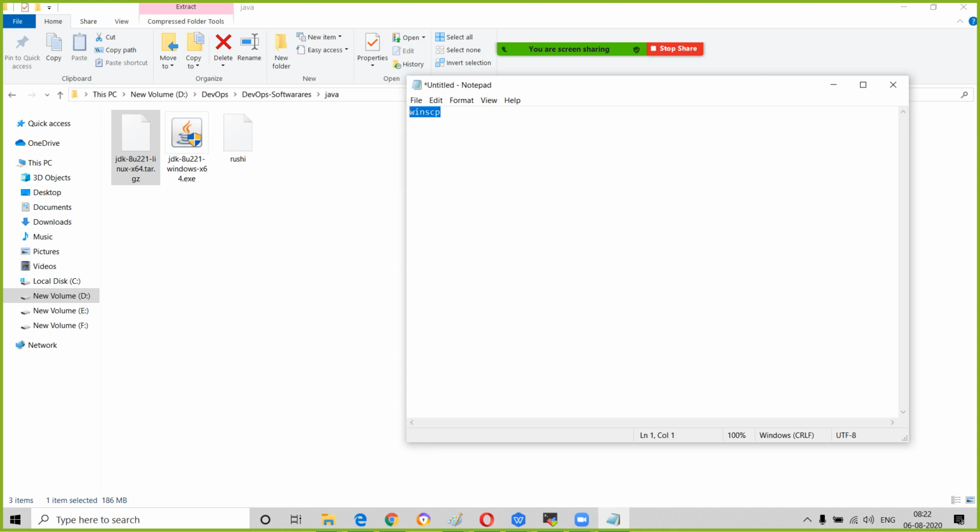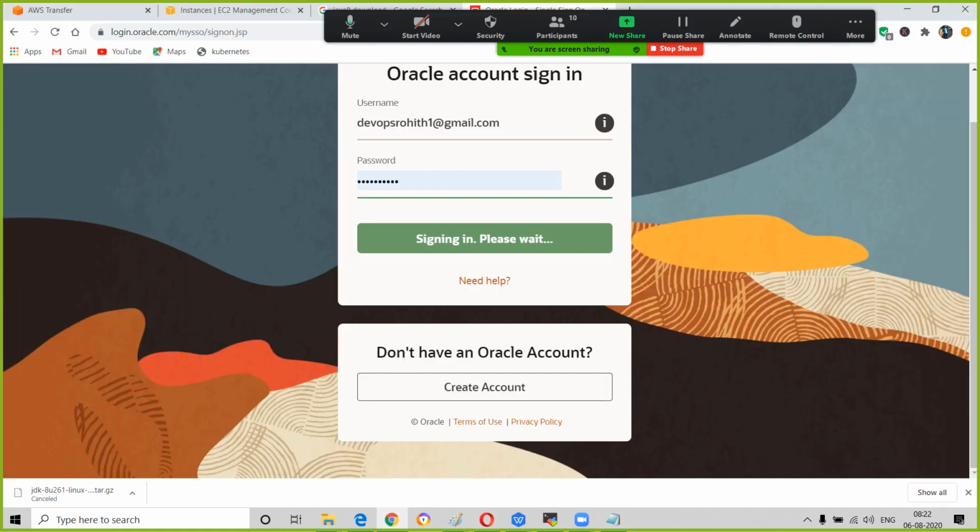server. So Windows to any Linux server. So that's why it is called WinSCP. Okay, it's a combination of two words. You have to understand this point. So once it is downloaded, I will download the WinSCP software.